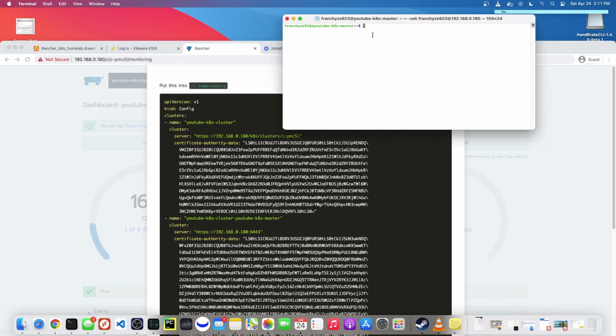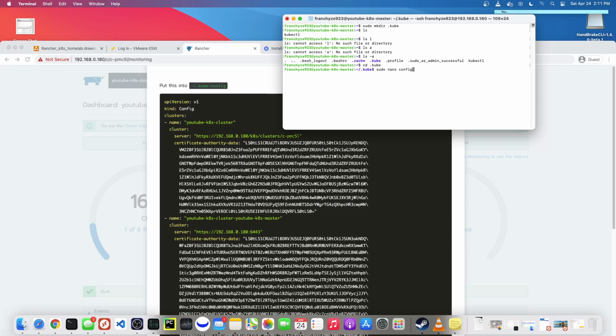So if we're not in our home directory, let's just cd to our home directory and make a directory, sudo mkdir .kube, and if you ls, you're not going to see it because it's hidden. So we need to say ls -a. There we go. So you see it's hidden, the .kube right there. So let's just cd into .kube, and now open up a file called config. So sudo nano config,